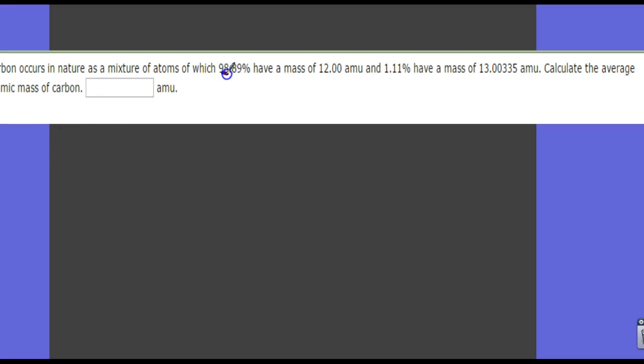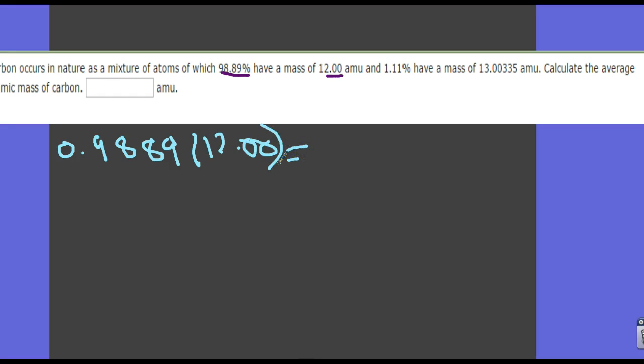What you do is you take that number and multiply it by that number, but you can't use percentages when you do this, so you'll actually change it to 0.9889. So I move the decimal place 2 times to the left. And then we'll multiply it by 12.00. And then we hit equals. So 0.9889 times 12 is a number with a lot of digits,